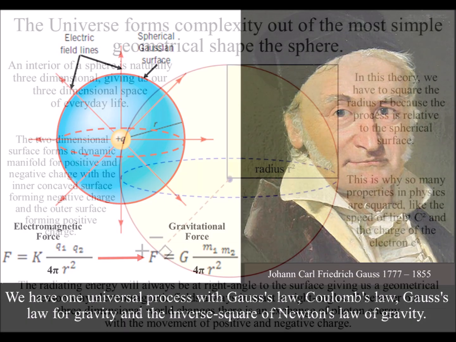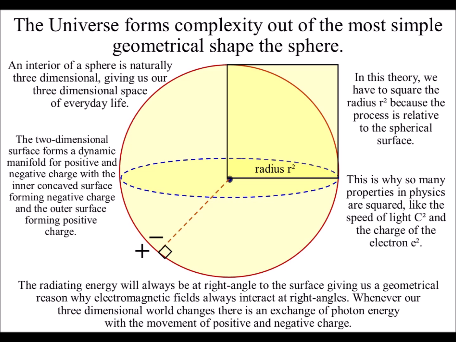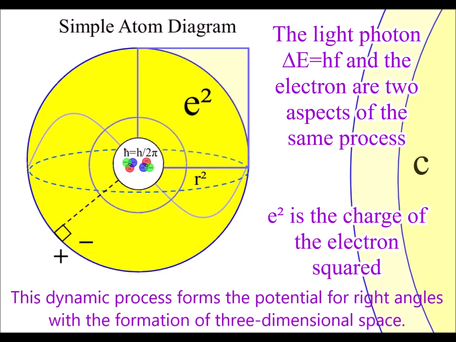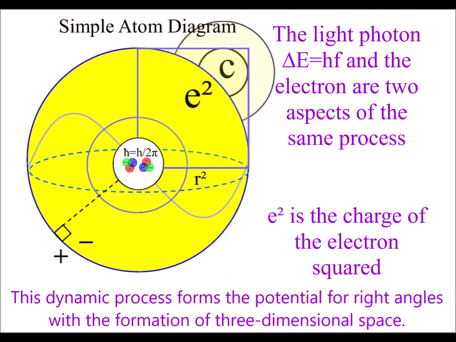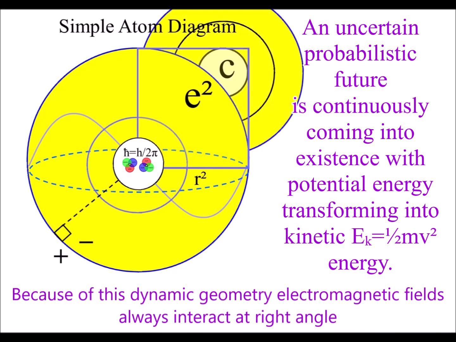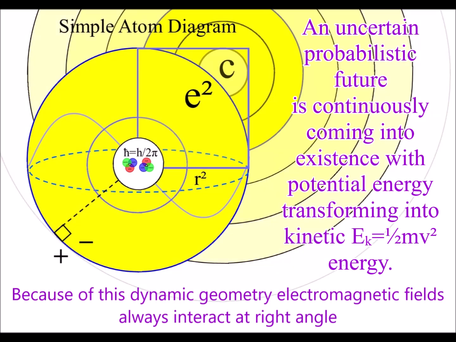An interior of a spherical shell is naturally three-dimensional, and the two-dimensional surface can form a dynamic manifold for positive and negative charge. The light photon of quantum mechanics forms a movement of charge, forming the characteristics of three-dimensional space. Each photon-electron interaction only occurs once, but as a process of continuous energy exchange, it is continuously forming our ever-changing three-dimensional world. Light photon energy is continuously transforming potential energy into the kinetic energy of matter in the form of